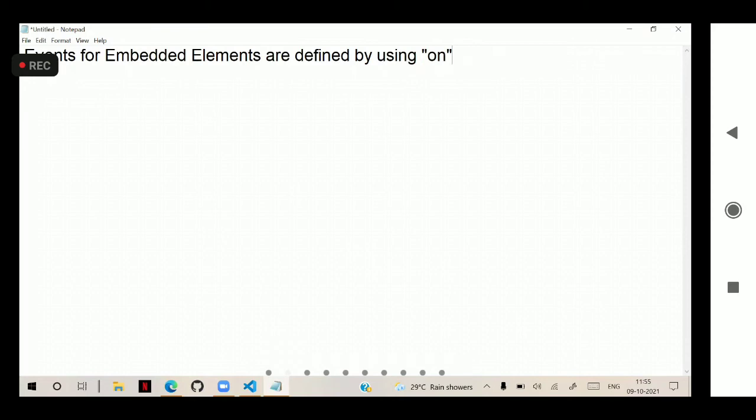So that means what we have to do is, by using the jQuery on method, we have to specify the functionality. Let's see the syntax, how to write it. Usually on is a method, so you have to use that. And it is related to event handling.